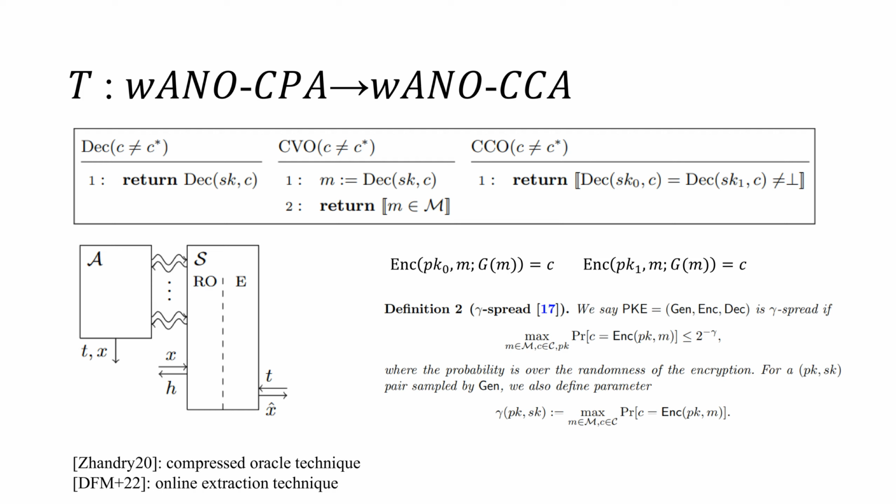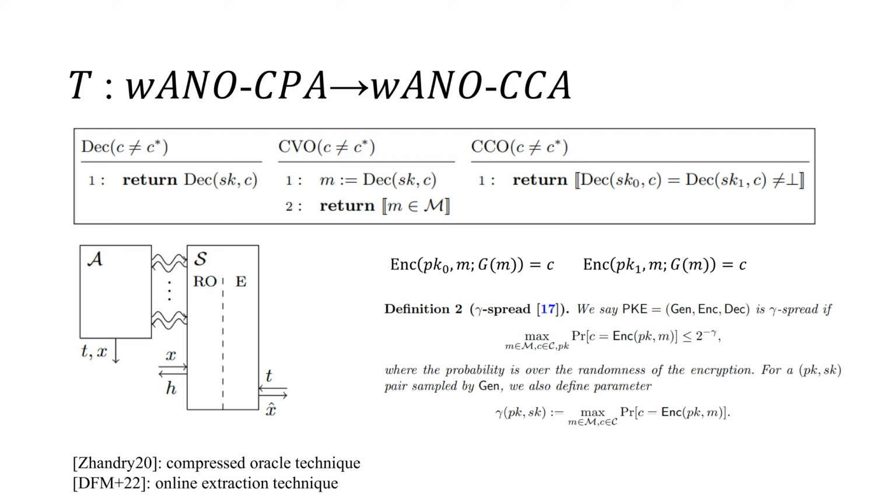In the previous part, we emphasized the necessity for the underlying PKE of the transformation U to be weak NOCCOA, and weak NOCCOA is pure for the implicit keys and explicit keys respectively. Here, we demonstrate that the transformation T can achieve stronger security, weak NOCCA security. Conversely, CCO and CVO oracles can be simulated if one is given access to the encryption oracles.